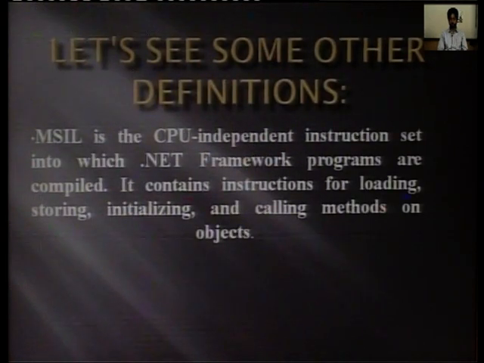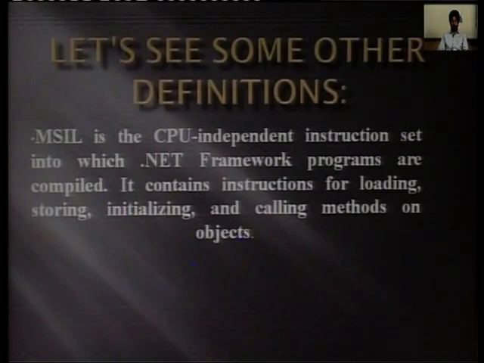Let us see some other definitions. MSIL is the CPU independent instruction set into which .NET framework programs are compiled. It contains instructions for loading, storing, initializing and calling methods on objects.